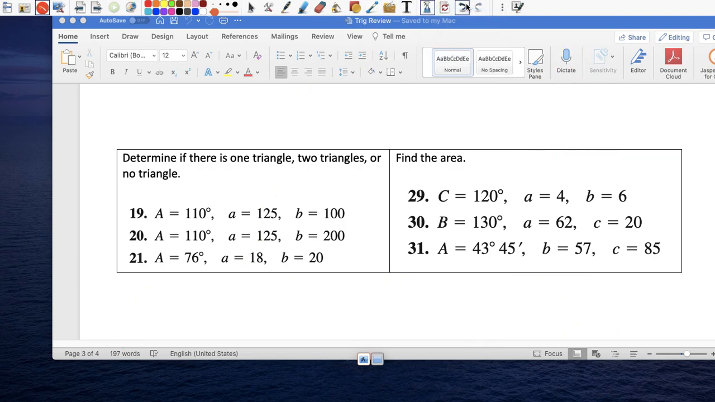Find the area. Okay. And then we had this. One second. Wish I had the answers. Okay, so to find the area,